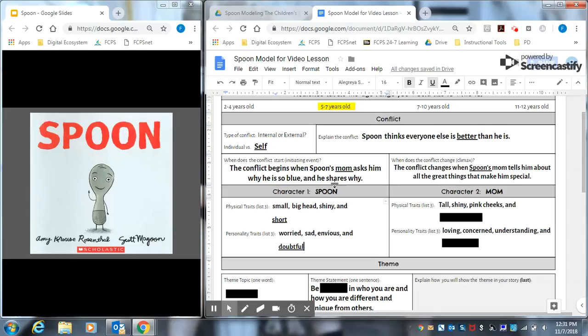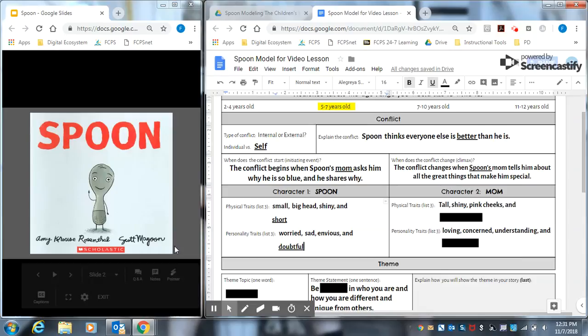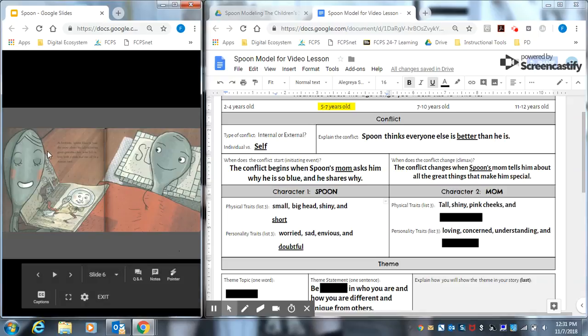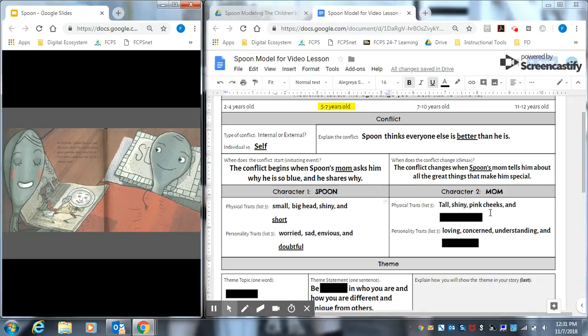And then another important character in this story is Spoon's mom. If you look at our conflict, the problem starts when she's talking to him, and the problem changes when she tells him positive things about himself. So she's a pretty important character we want to take some time to describe. You'd want to think about that in your own story as well. So who will be your protagonist? What will they be like? And then who might be another important character? I'll go over to our story and let's find a good picture of the mom. Here we go. We can see her right here. So far we have tall, shiny, pink cheeks, and we are going to add,